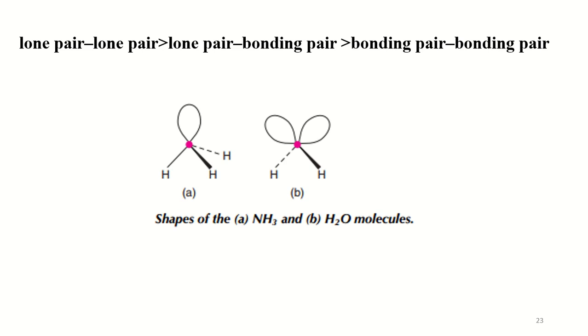In water, again the hydrogen-oxygen-hydrogen bond angle is reduced from the ideal bond angle, which was 109.5 degrees, to